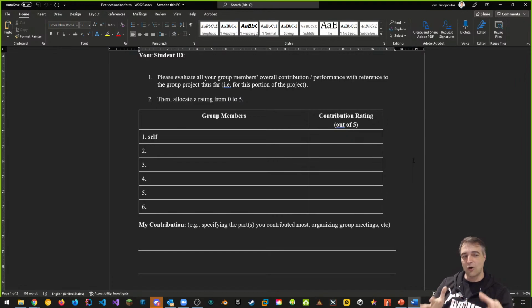Now, the question is, are they going to get 0 marks? Well, it depends. If everyone says that they literally did not attend, "I've never seen Tom. He's told me that he's going to do work, but he hasn't done it," and so on, then yeah, it could be possible that they could get 0 or get ejected from the team. So please make sure that you fill this out nicely. I will be checking it every single time, as it's really, really important.